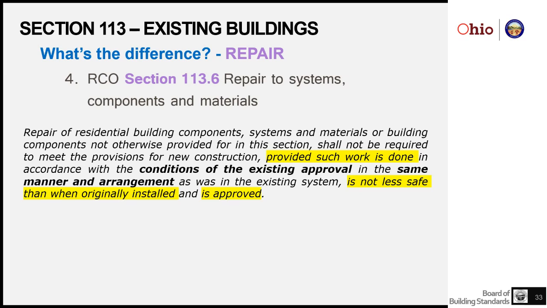A lot of times when homeowners are faced with a repair or a replacement, they may want to make an upgrade. They may want to do some additional work. They're already going to be hiring a contractor. They want to do some more stuff. So oftentimes what happens is these two sections turn into some form of alteration, and 113.4 starts to apply because they are changing something. It's not in the same manner. It's not in the same arrangement. It's not the replacement of an existing piece. It's something new.